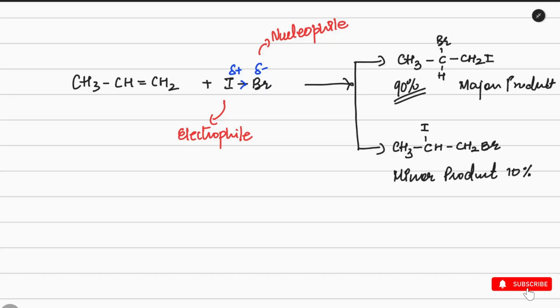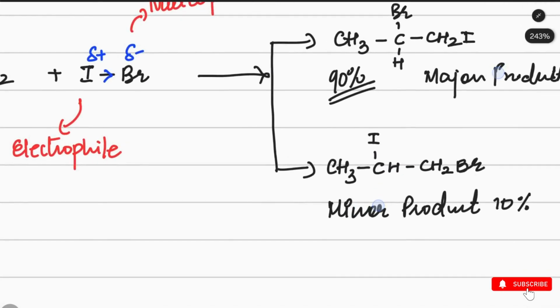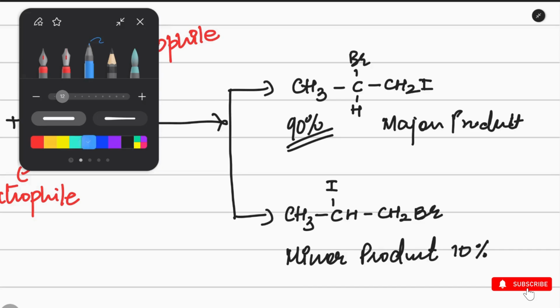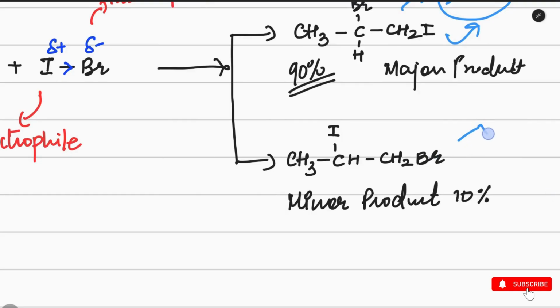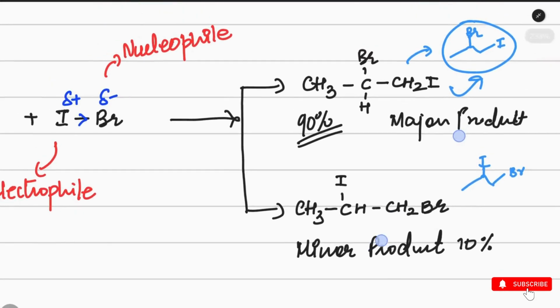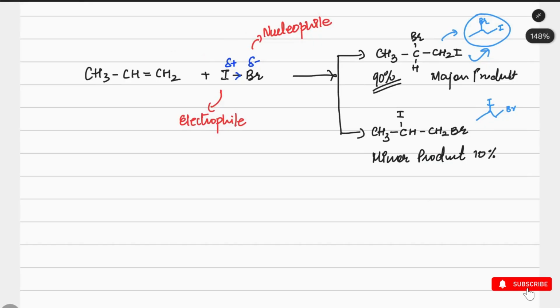If I want to write this as a skeletal diagram, I can do that as well. How? So I'll write it here. If you see here, this is going to be C, CH, and with this we have Br. This is CH2 again, and this is I. So this is the first structural isomer which you can get. For the second, I'll write CH3, CH, CH2, and Br, and this will be I. So we got two products. One is the major product, which is 90%, and the other is the minor product, which follow the Markovnikov and anti-Markovnikov rules.